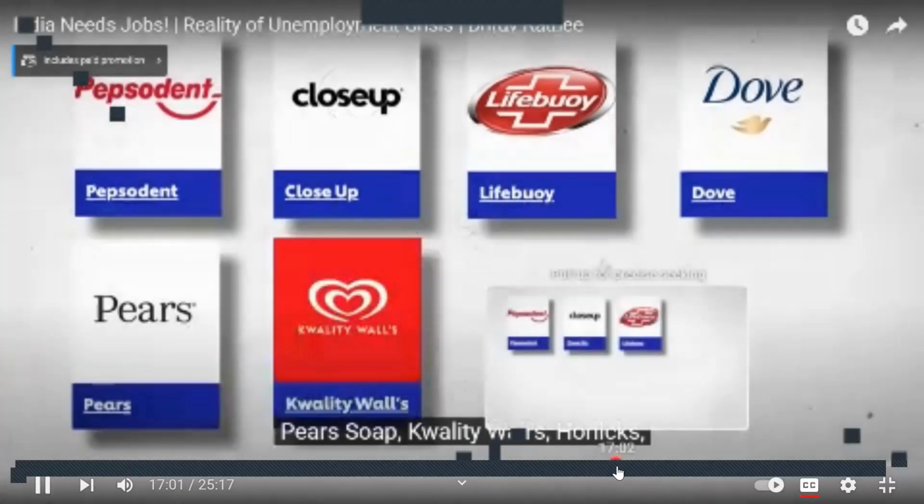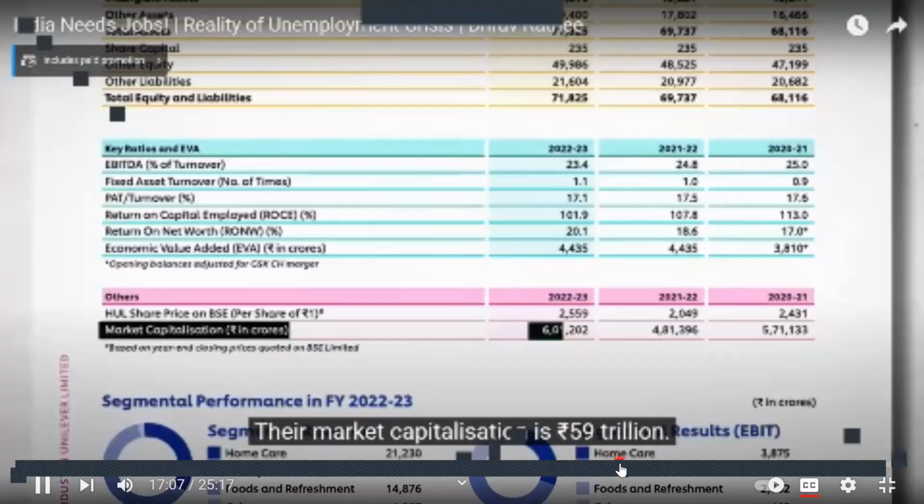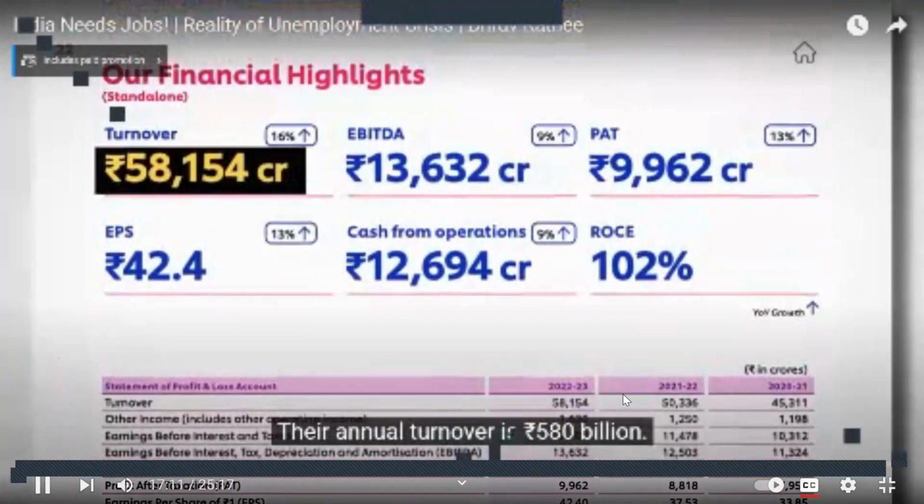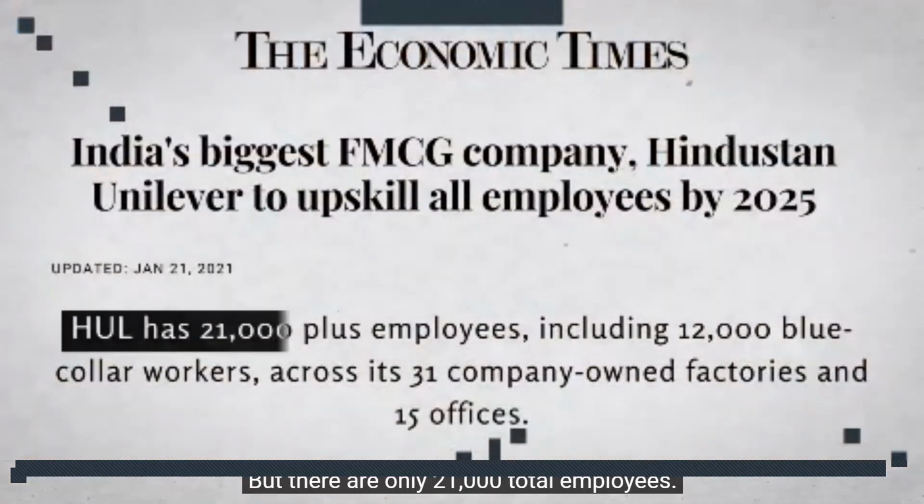एफएमसीजी सेक्टर में एक और फेमस नाम है हिंदुस्तान यूनिलीवर का। 50 से ज्यादा एफएमसीजी के ब्रांड्स ये ओन करते हैं। पेप्सोडेंट, क्लोजअप, लाइफ बॉय, डव, पियर सोप, क्वालिटी वॉल्स, हॉर्लिक्स, रेड लेबल। एनुअल टर्नओवर 58,000 करोड़ रुपीस का है, लेकिन टोटल एम्प्लॉयज इसमें सिर्फ 21,000 लोग।